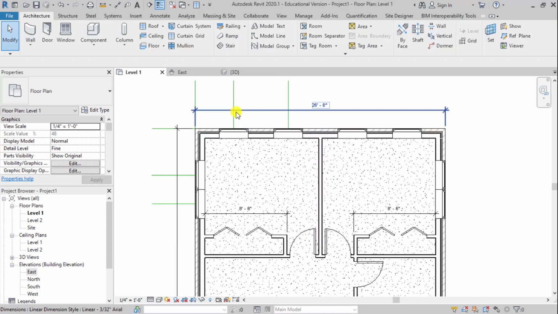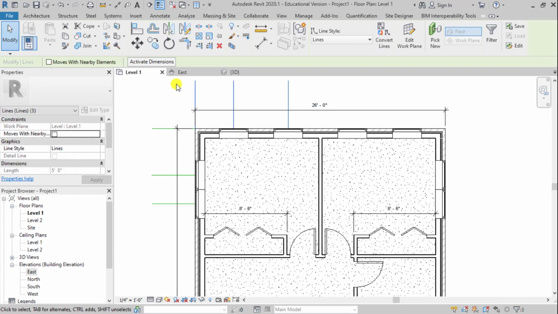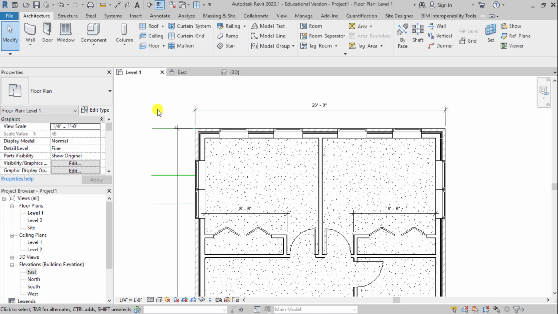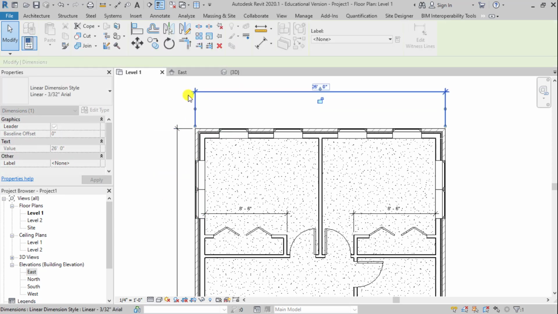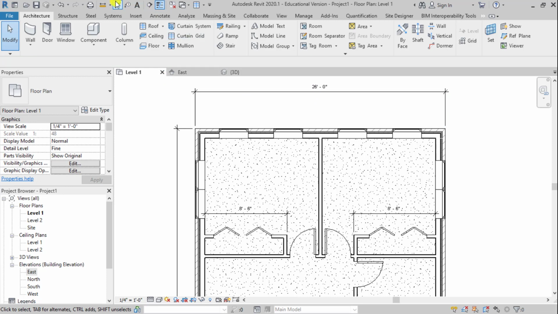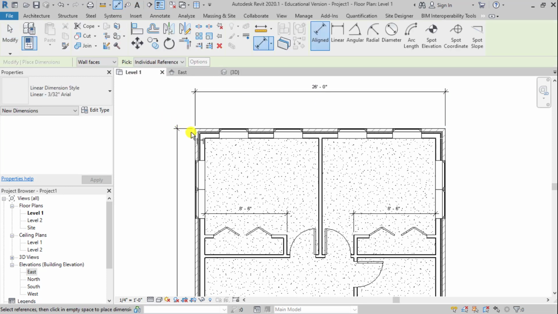Now if you're thinking, well, I should have mirrored the dimensions also. Dimensions don't work like that in Revit. You can't mirror them when they're placed with a host geometry. So one step, unfortunately, that we can't cut a corner on. So we're going to go ahead and use an aligned dimension, pick the face of our wall,